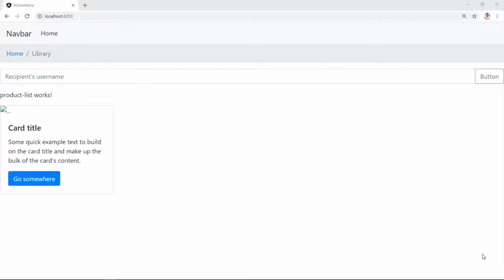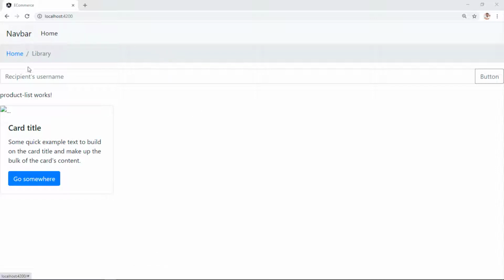So far we have learned the theoretical part of binding. Let's implement that theory in practical. We will continue the e-commerce application development that we left off in the last chapter. I have opened Visual Studio and the application is running in the browser. The last chapter's application was looking like this.